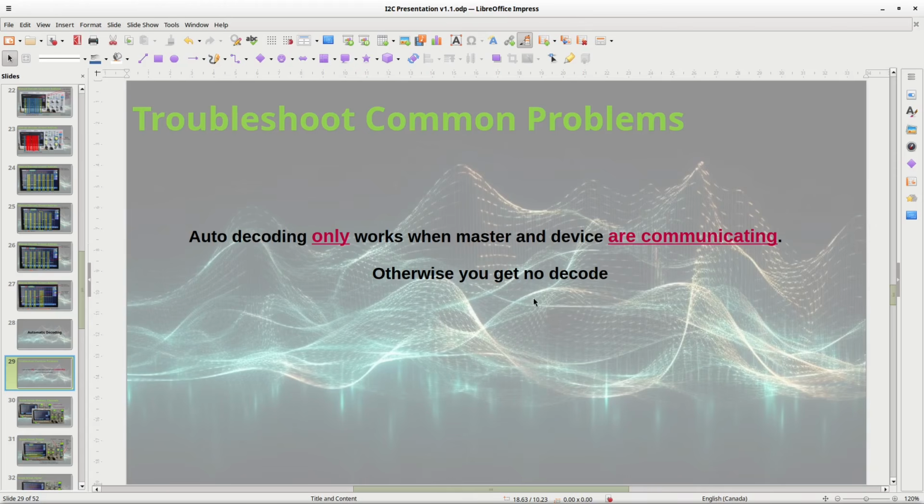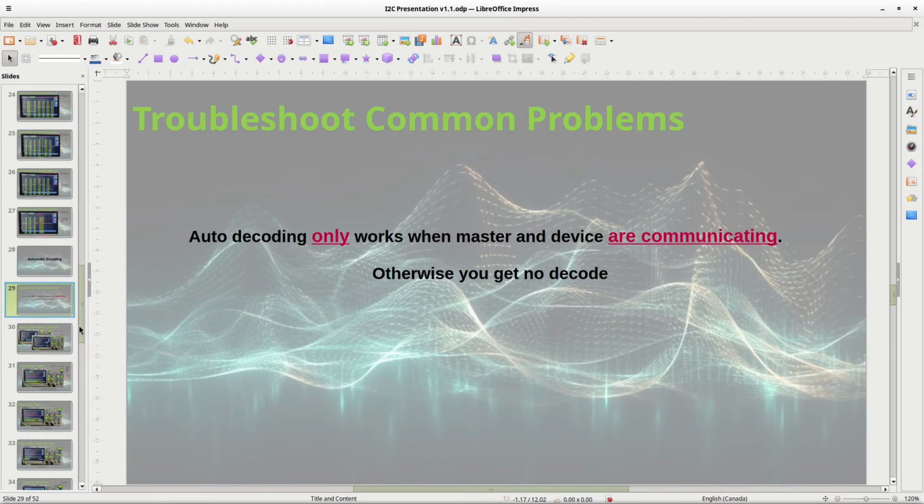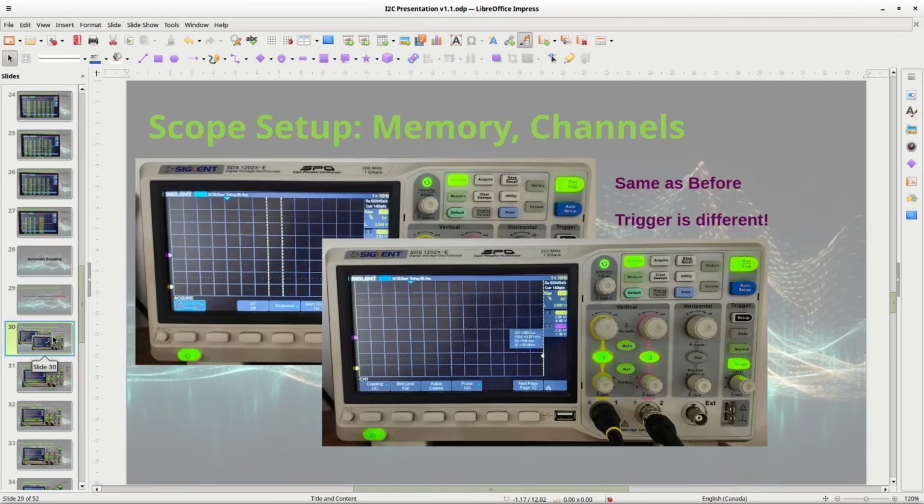If there's a malfunction and they're not working, the scope will not decode it for you. They must have successful communications. Otherwise it won't work. For example, and I'll show you, when I use the unknown address, you'll see decode won't work. So basically you set up memory channels same as before.